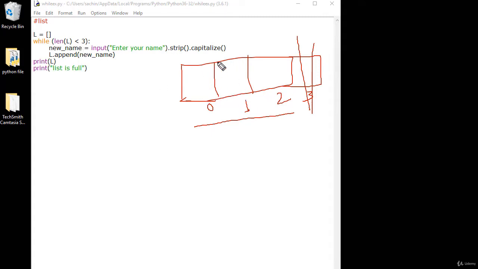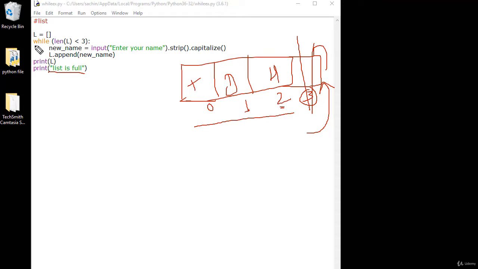Basically it is less than 3, and the first name will give something like Tom, the second will be Dick, and the third will be Harry. Whenever you want to add something to the list, because the length of the list must be less than 3, it must be 2 and it should not be 3. So it will say list is full, you cannot add to the list. This is very important while computing very high amounts of data in the list.